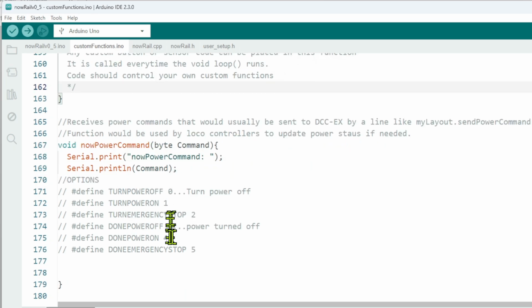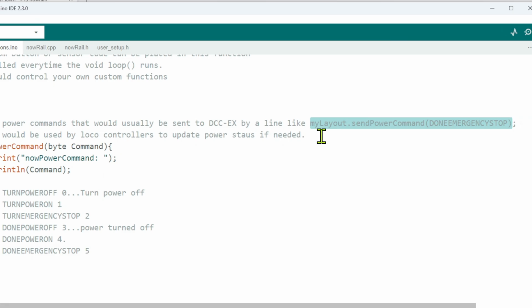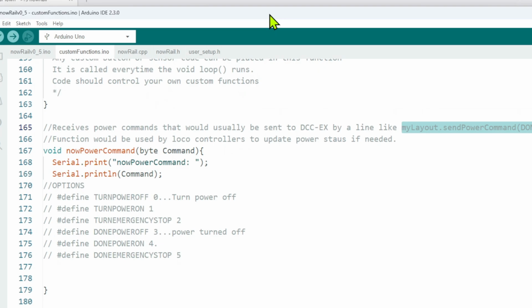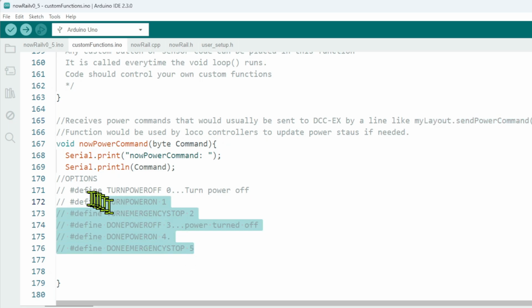And then finally, we come down to the Now Power command. Now, this is where a command is sent out over nowRail. It will be using this particular bit of code here. Let's just bring the screen across a bit. So if I wanted to send a command out to do an emergency stop, this code at the moment is basically working for DCC-EX, and there are some various commands that you can see here